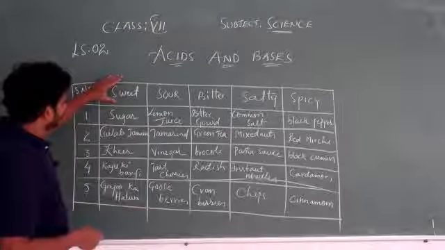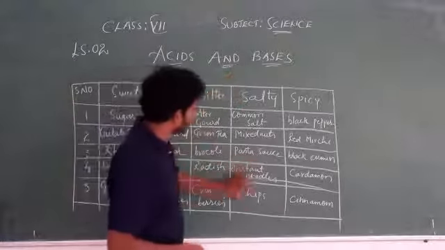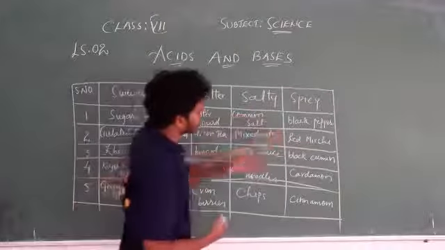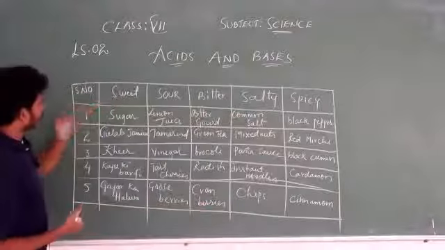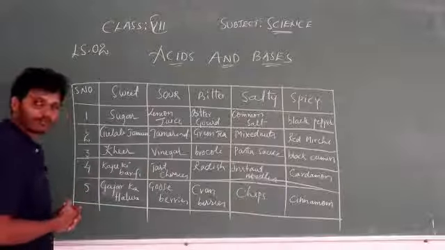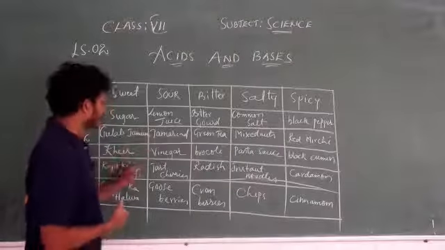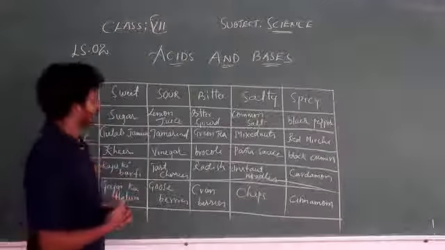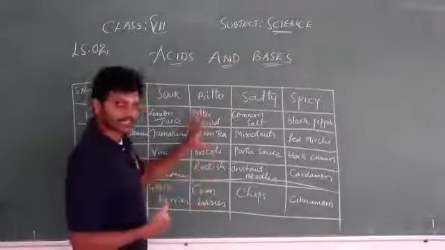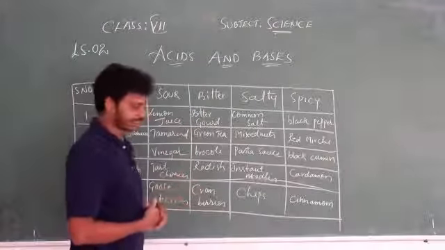We see sweet substances, sour substances, bitter substances, salty substances, and also spicy food materials. What comes under sweet? Sugar, gulab jamun, kheer, kaju ki barfi, and also gajar ka halwa. Next, sour: lemon juice, tamarind, vinegar, tart cherries, gooseberries. And the other one, bitter, the food materials which taste bitter: bitter gourd, green tea, broccoli, radish, cranberries.